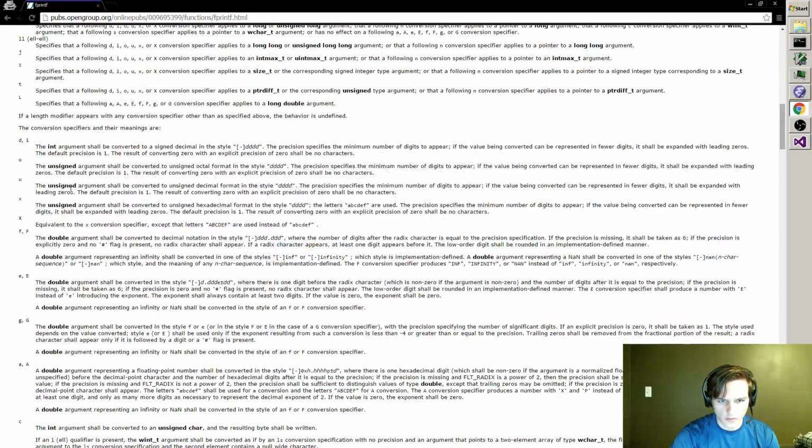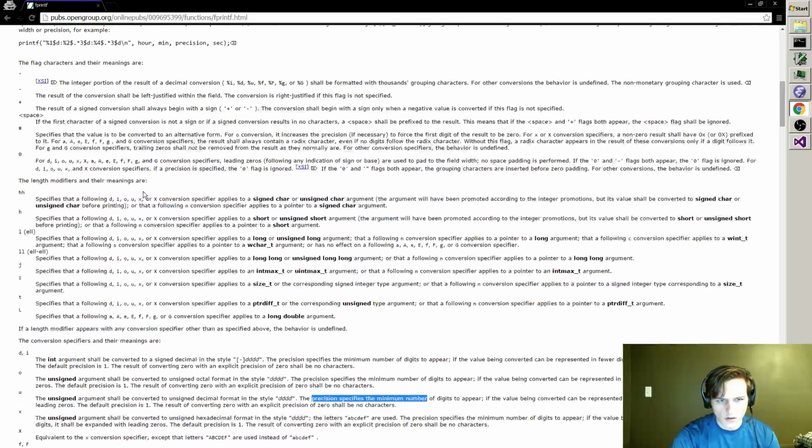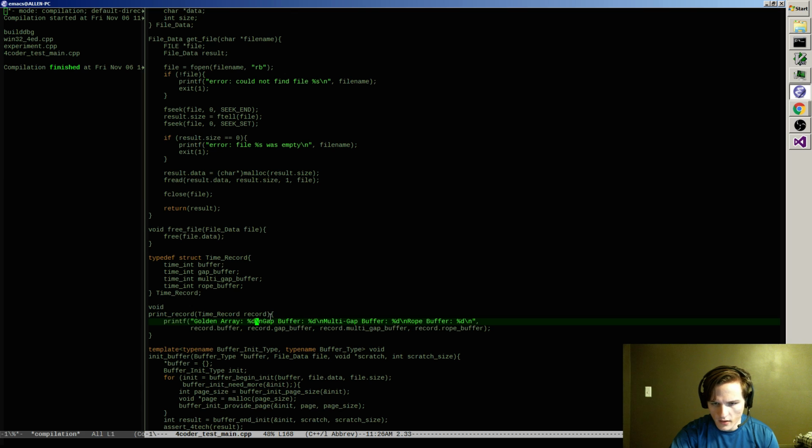Is there a way to do unsigned? We convert it to an unsigned decimal format, the precision specifies long. Alright, so first of all, these should all be ULLs instead of Ds.